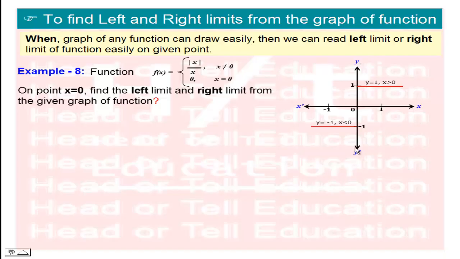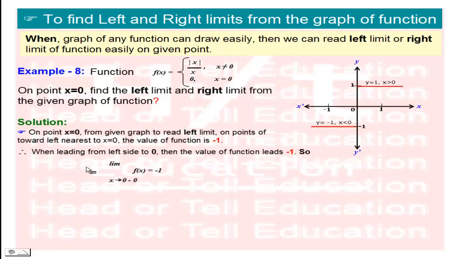This is the x-axis and y-axis, and the middle point is 0, and the next point from the left side of 0 is -1, and from the right side is 1 on the x-axis. Similarly on the y-axis, on the bottom side of 0 the point is -1 and on the upper side is 1. Okay, so on the upper side we have x greater than 0, and on the downside we have x less than 0. Okay,